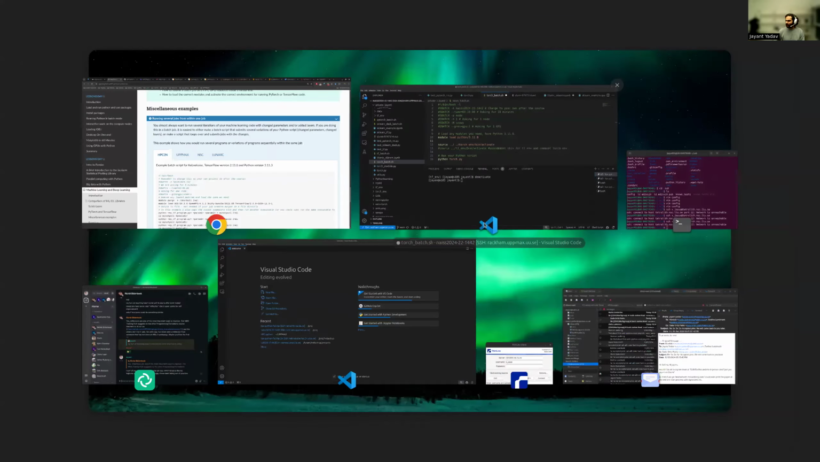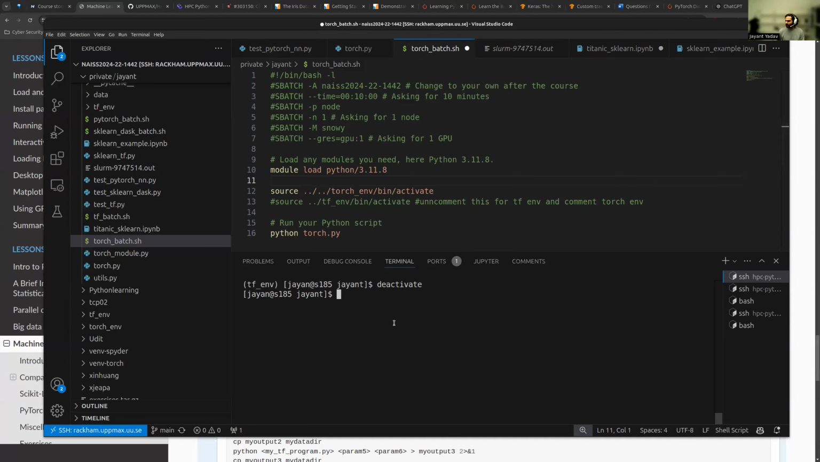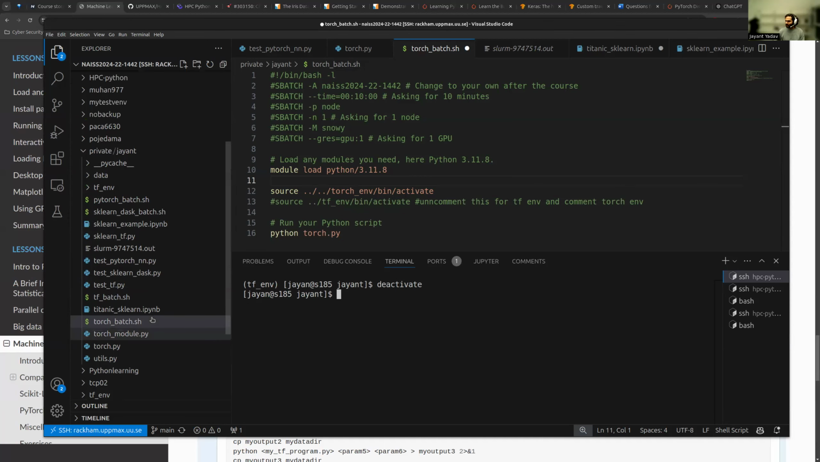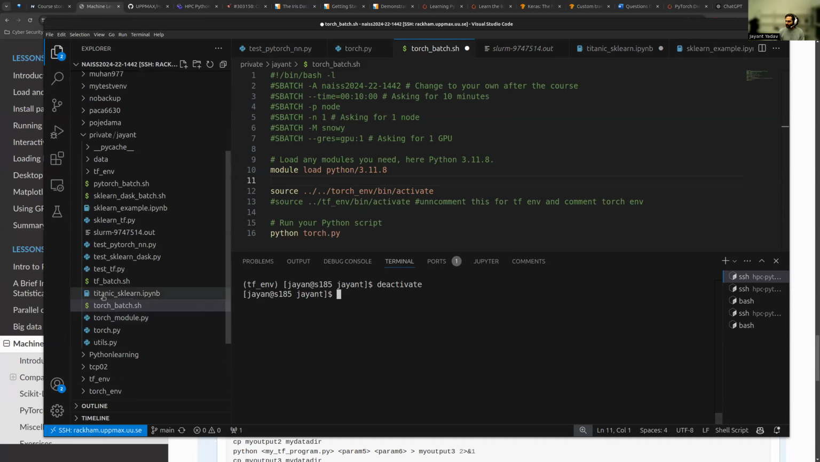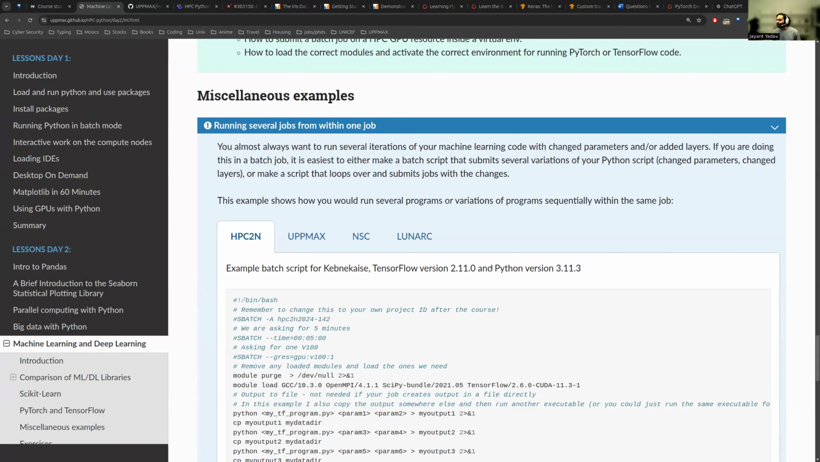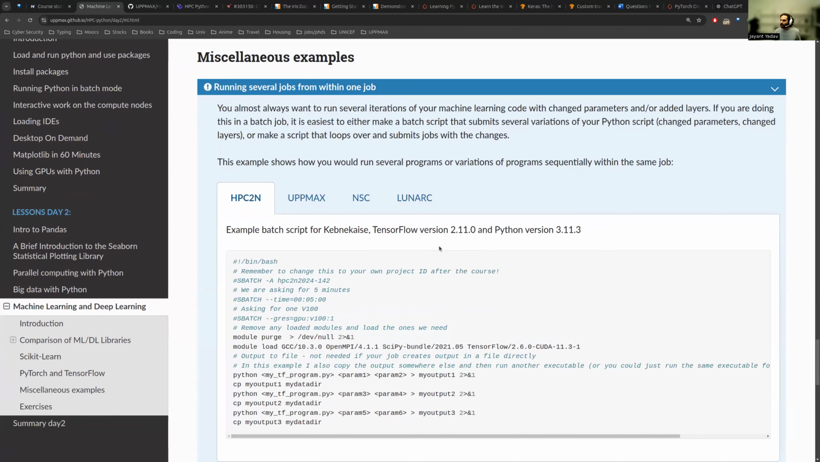By the way, when I'm running on Snowy, I am getting some error on both my environments. I'm not sure if it's just me or someone else is also getting the same stuff. So let me know if someone is using Snowy. Okay, so